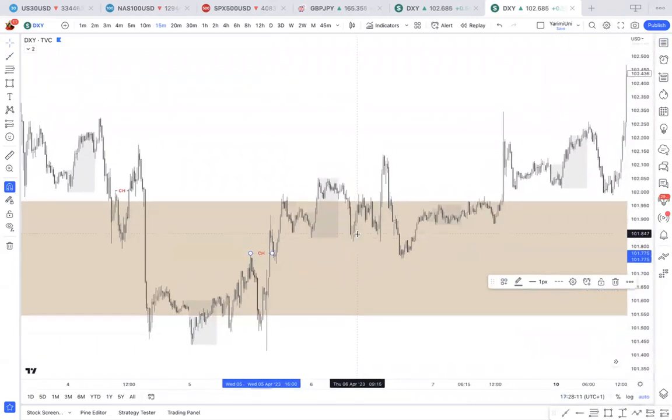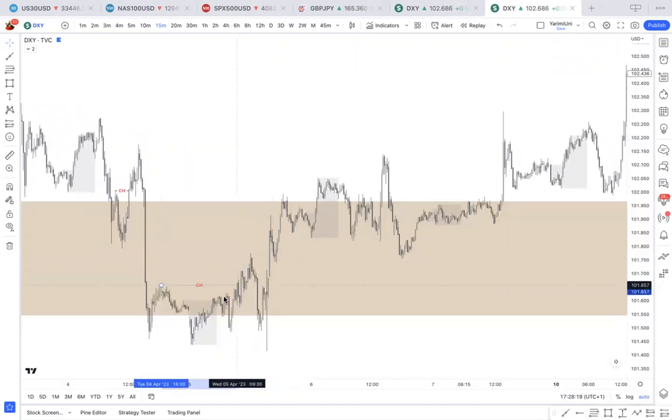And after that, you could say Asian session. However, we don't really take that seriously. So you could say it kind of changed character from here. To be fair, actually, we can say it changed from there because that move was outside the Asian zone. So that was the change of character. And then you had the higher time frame change of character up here. But you can also count that as a break of structure on the lower time frame as well.